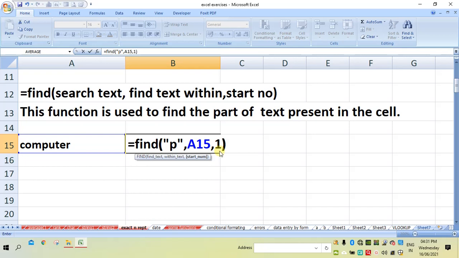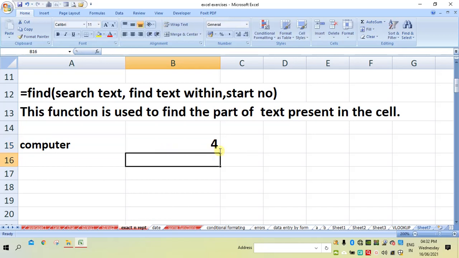Then put the closing bracket, then enter. It is saying 4, the P is present at the 4th position. You can say here C is 1, O is 2, M is 3, P is in the 4th position. So it means present, therefore it is showing 4.